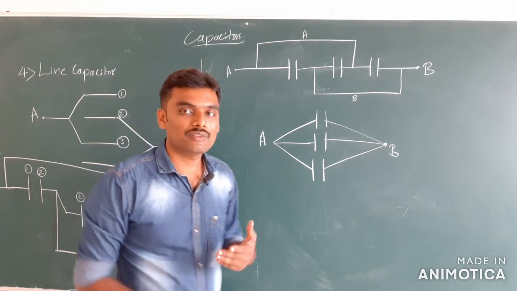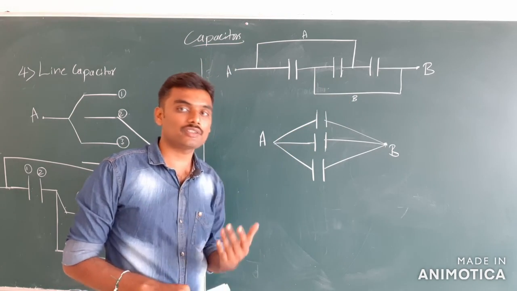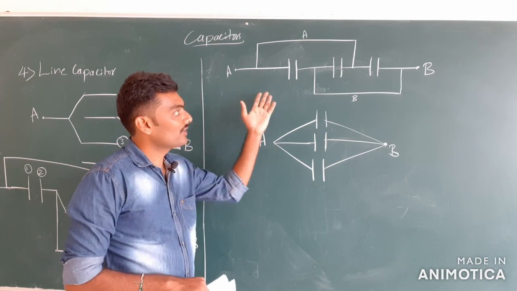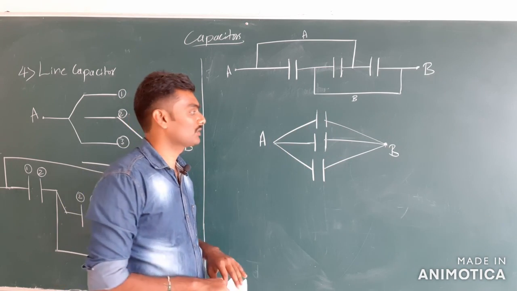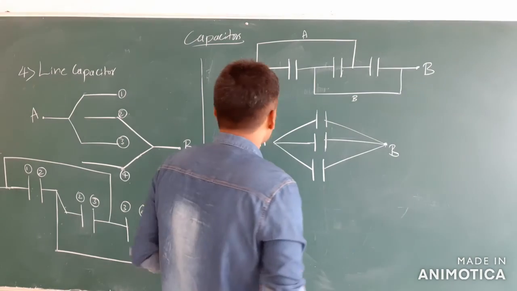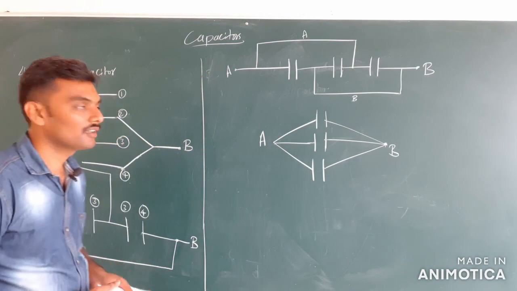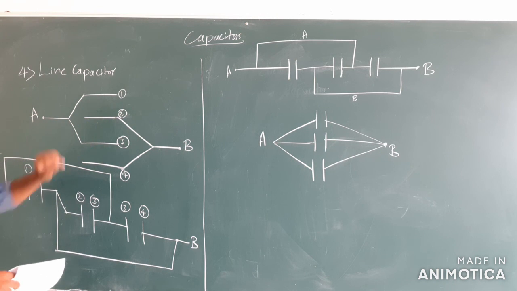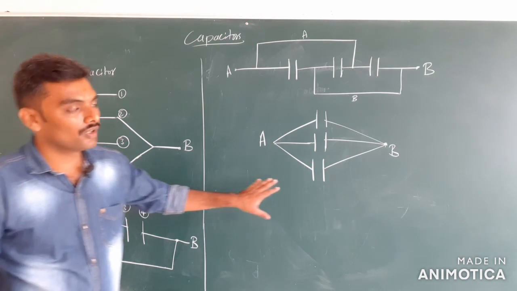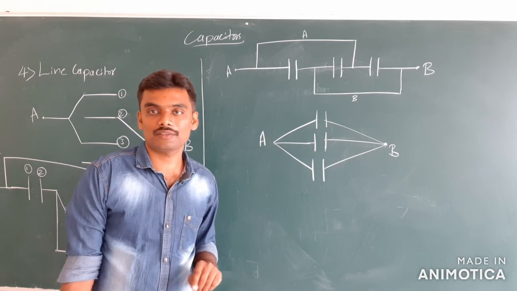The same thing we are discussing here is also valid for resistors. If you have resistors connected like this, even then it is a parallel combination of resistors. So now it is simple. It is C1 plus C2 plus C3. That's it, isn't it? So this is actually a parallel combination of 3 capacitors shown like this, and this is the reduced form of the circuit which has to be solved to get the effective capacitance.